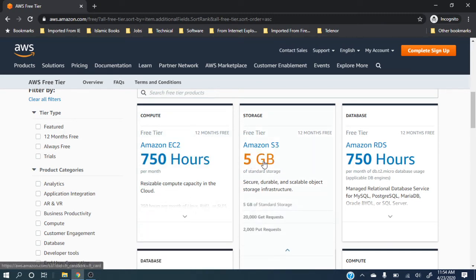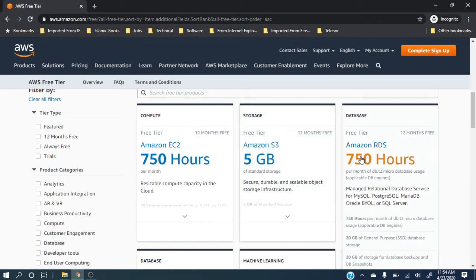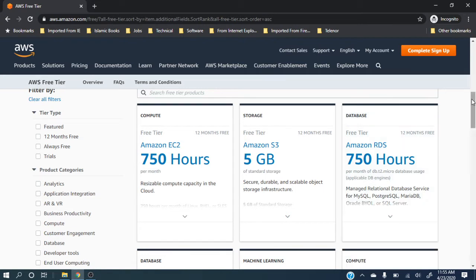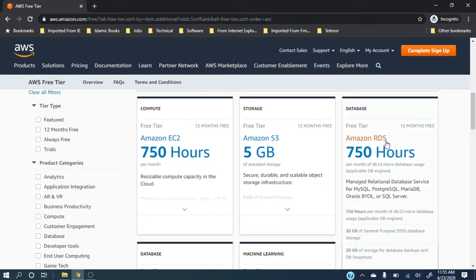Also, you will have 5 GB of standard storage on Amazon Storage S3, and the same way you will have database access of 750 hours. 750 hours is again, as I told you, almost a month. So 750 hours per month means that you will have access for the whole month.